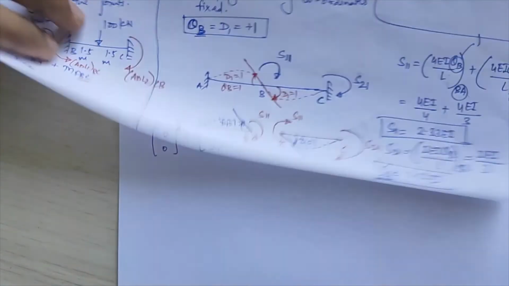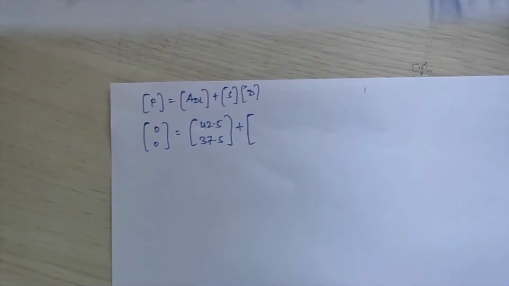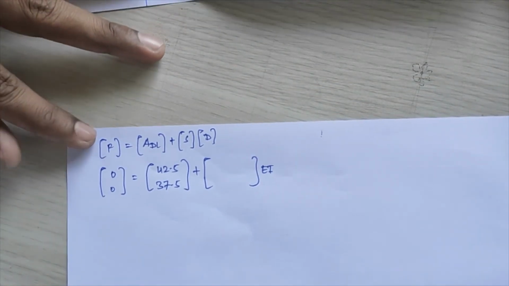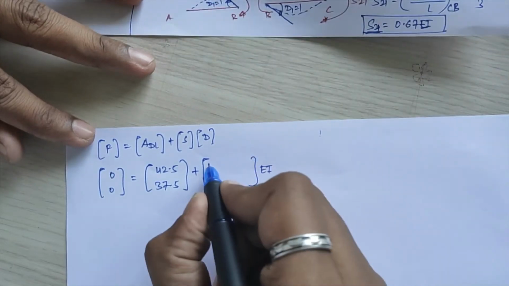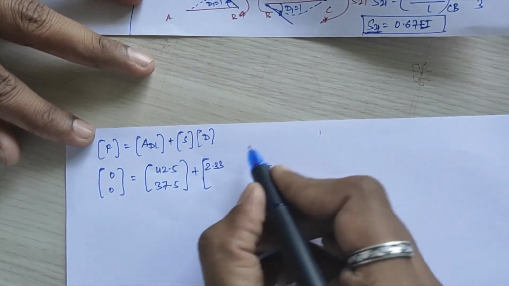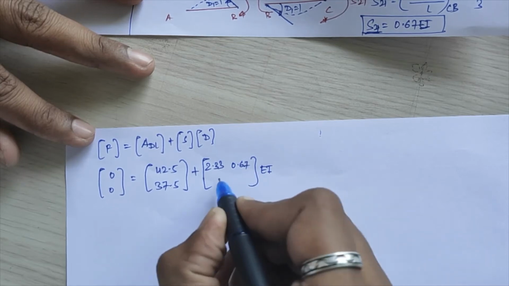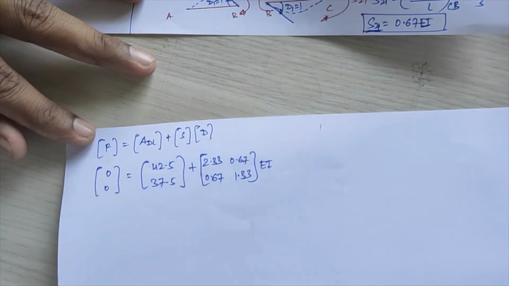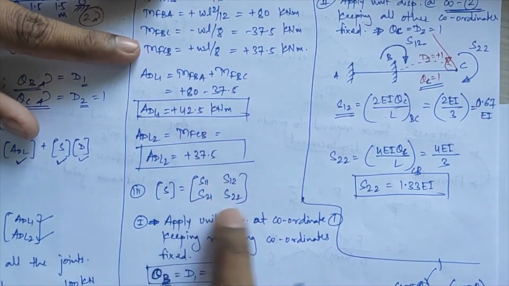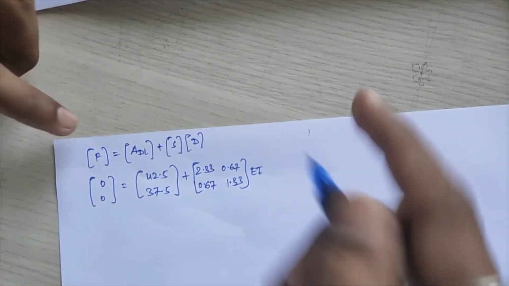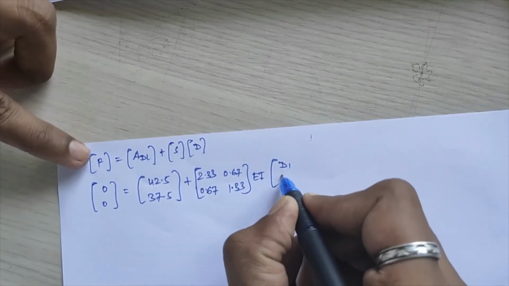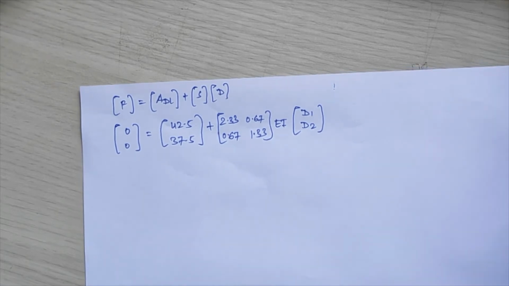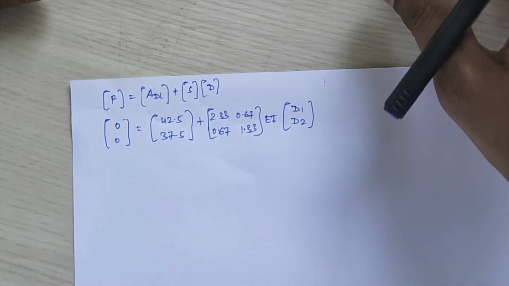Okay, in S values, if you see, all are multiplied with EI. So what I will do, I will take EI common from all these values, right? So S11 I have got as 2.33. Next S12 is 0.67, again 0.67, and S22 I am getting as 1.33. In this S matrix you have to substitute these values, multiplied by D, that is nothing but the redundant values D1 and D2. Okay, so if you again solve these equations.